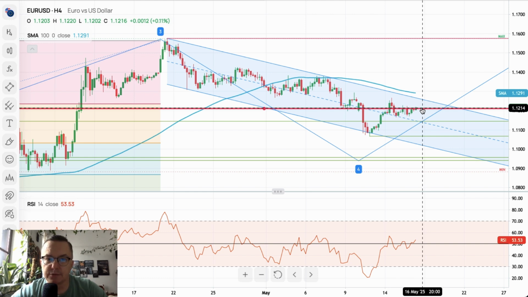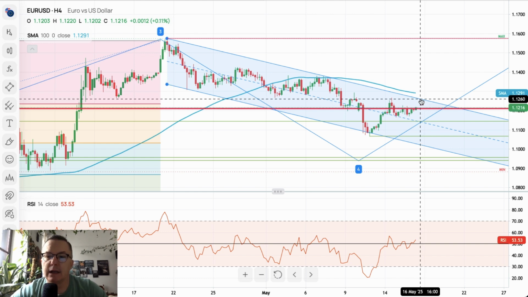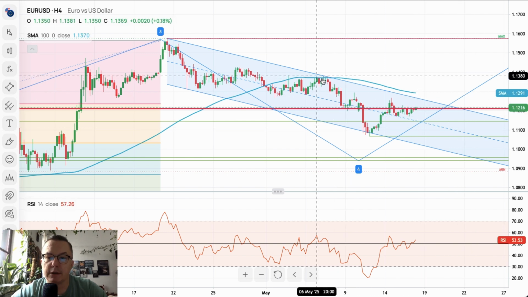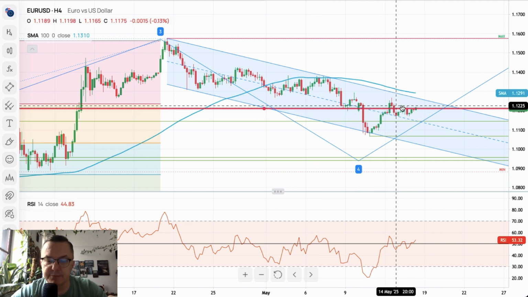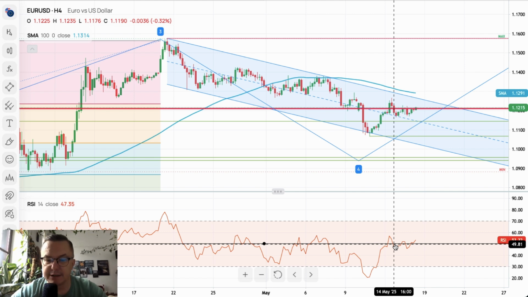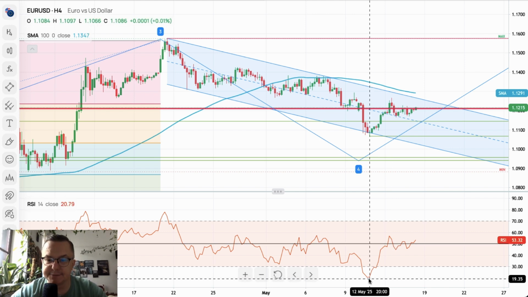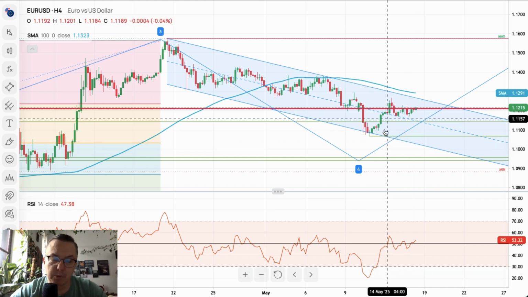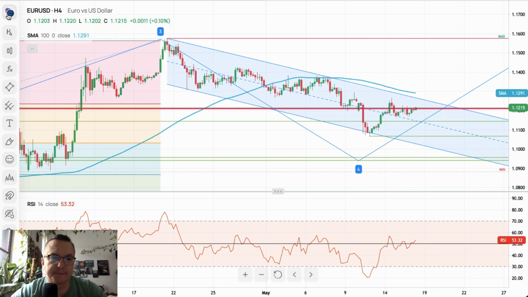capable of breaking to the upside out of the channel above the 100 periods moving average, which is at 1.1299, and then up we go towards 1.1382. So quite a nice situation here for the bulls if they break above the technical resistance. Momentum wise, we are just oscillating around the level of 50, so neither bulls nor bears are in charge of the market. However, there was a significant bounce from the extremely oversold market conditions, and bulls are ready to continue higher.